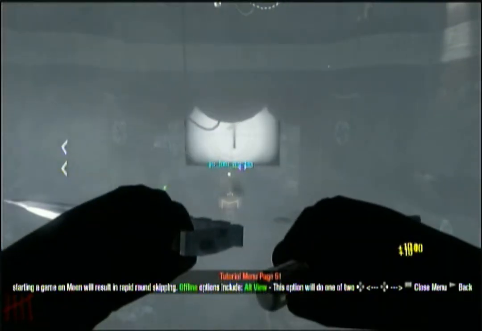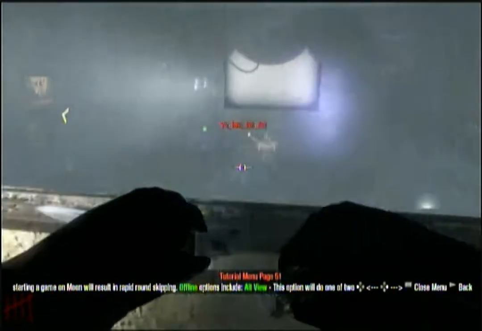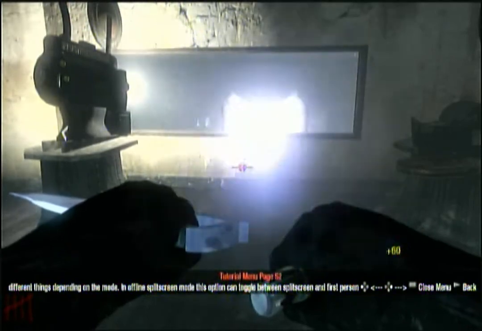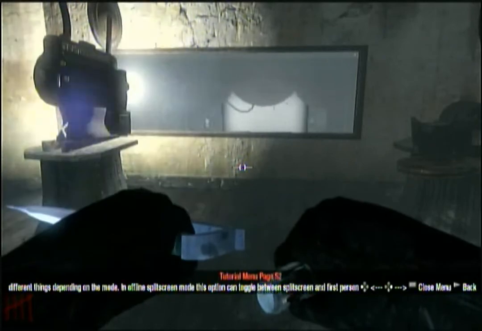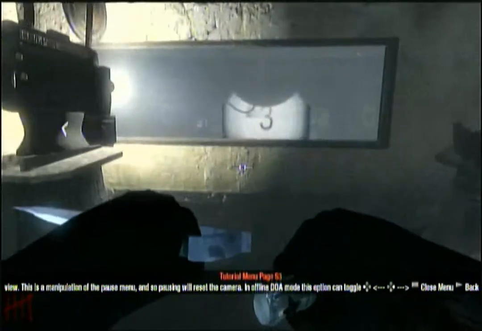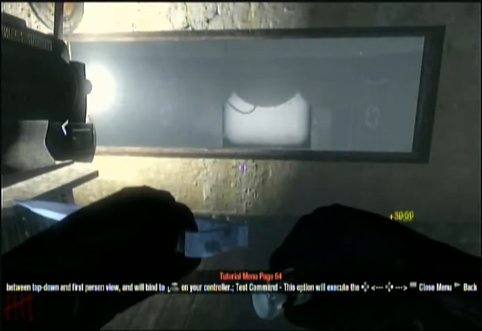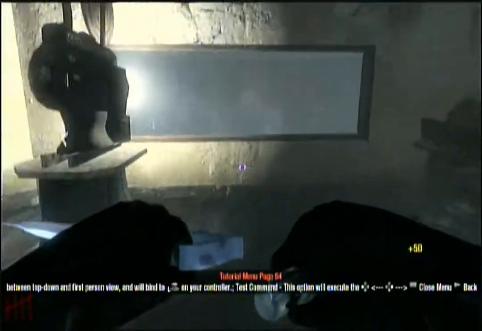Offline options include, you already saw me do the no spawn option. Offline options include Alt View. This option will do one of two things depending on the mode. In offline split screen mode, this option can toggle between split screen and first person view. This is a manipulation of the pause menu, so pausing will reset the camera. In offline DOA mode, this option can toggle between top-down and first-person view, and will bind to L-stick on your